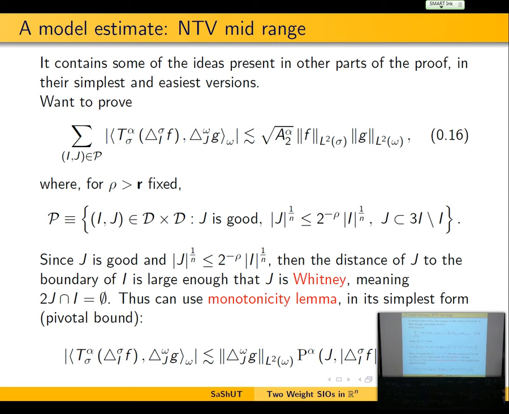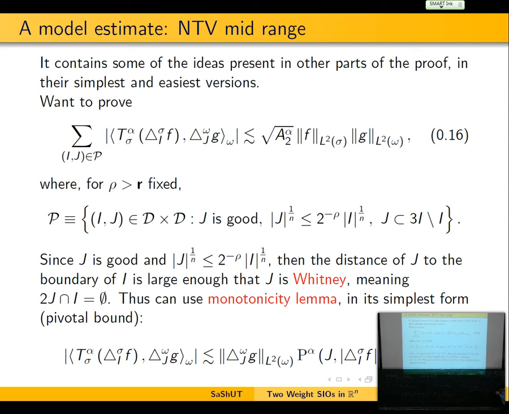Can you remind us what good means? What? Sorry? Good. Yes, I'm going to remind you in the picture. I can give you the precise definition, but I'm going to remind you in the picture. Good means, here is I. J is good if either you are very close, in this case with a parameter rho, or if you're far away, this cannot happen. Okay? There is the epsilon, blah, blah, blah, but this is the picture. So because this cannot happen, you're Whitney. Namely, you're very small and you're not close to the boundary, so 10 times J is still contained in I. And this is what's reported here.